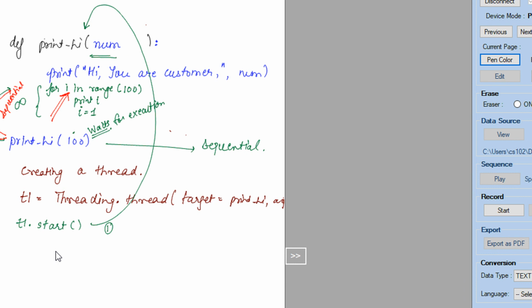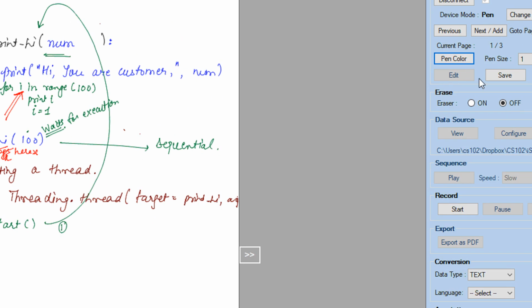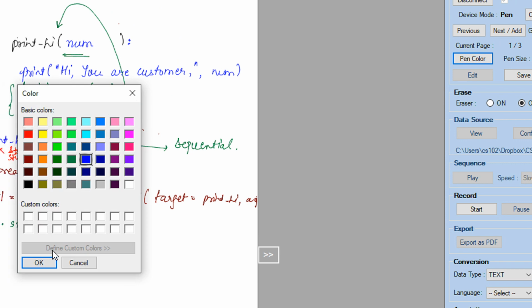So technically my program stops here. Stop is not the right word. Basically it's stuck. Let us write it as stuck. So when it is stuck here, it cannot move any further. Now if you see, the normal flow of execution is going in this fashion. It started from here, print hi, and it is going in this fashion. Now I'm waiting here because I got stuck here. Now what happens? The advantage of thread is this. Let me just change the pen color.